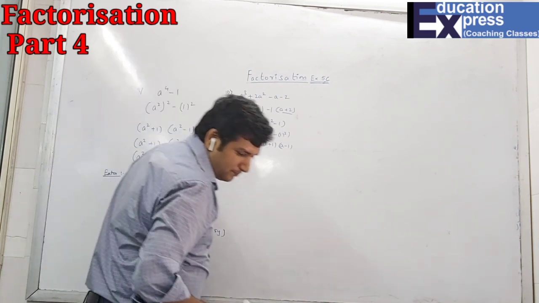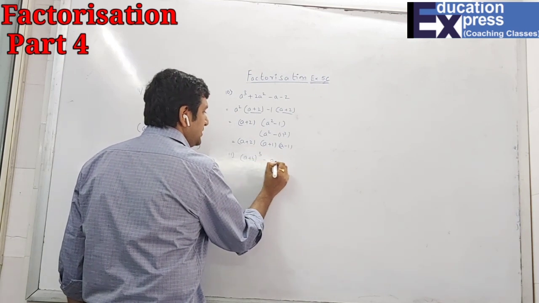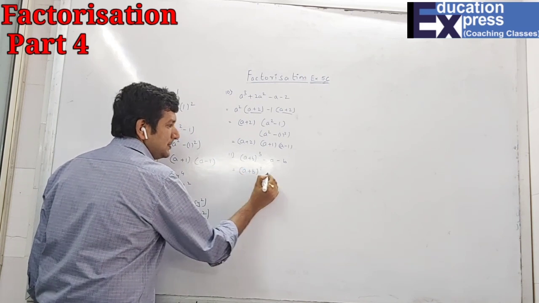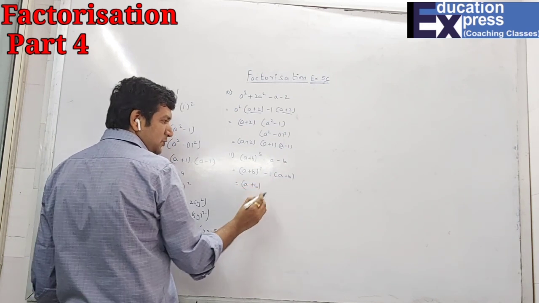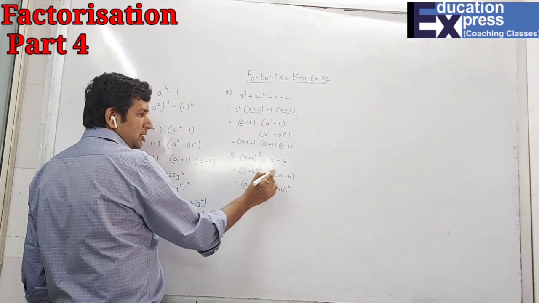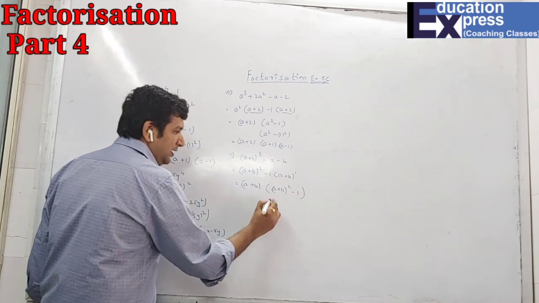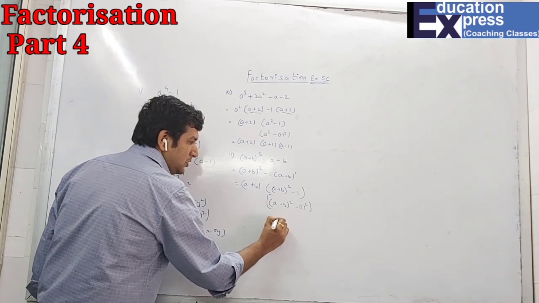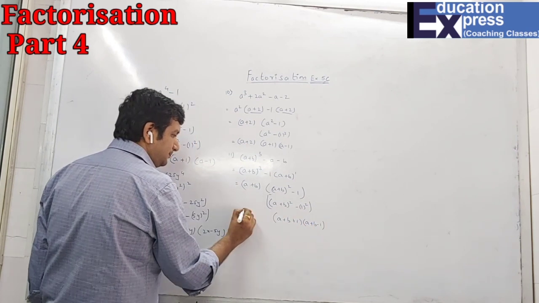11th sum. (a + b)³ minus a minus b. So (a + b)³ minus 1 common, (a + b). What is common? a plus b. What is left? (a + b)², because obviously you can see that there was one power, so a plus b is gone, 2 are left, and here only minus 1. So the same thing we have done, (a + b)² minus 1². So that is (a + b + 1)(a + b − 1).